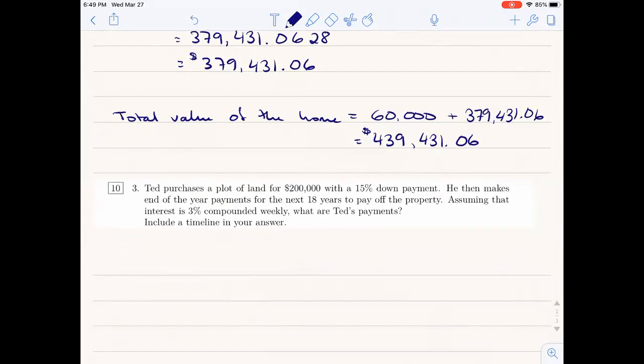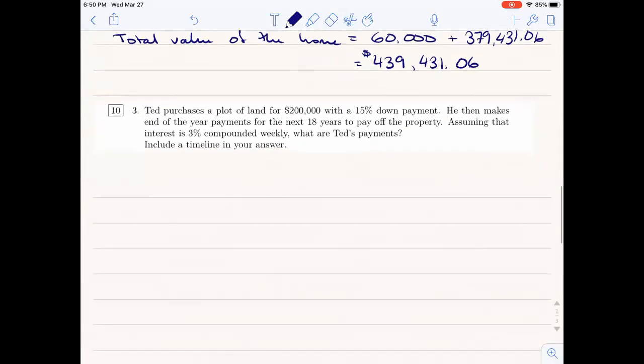Okay. So Ted purchases a plot of land for $200,000 with a 15% down payment. He then makes end of the year payments for the next 18 years to pay off the property. Assuming that interest is 3% compounded weekly, what are Ted's payments? Okay. So